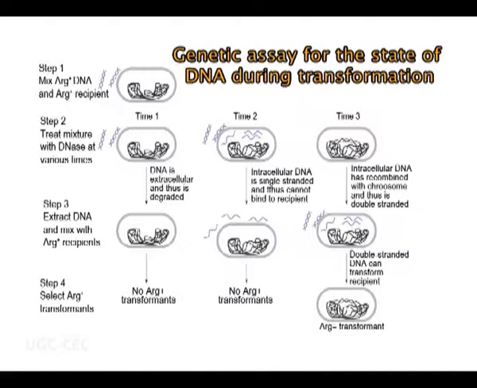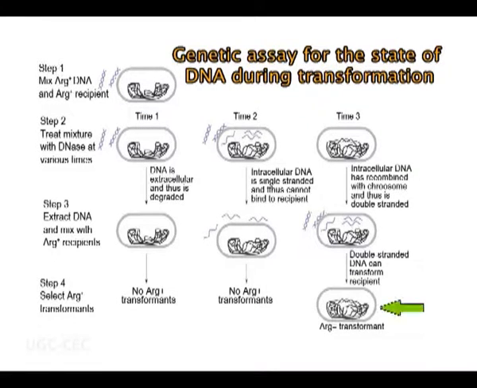It means that for the initial entry of the DNA, 1 minute is insufficient. Then when they isolated the similar experiment at time point 2, they found colonies on the plate which is devoid of arginine. That indicated that the bacterial cell had received the DNA. But at this point, when they isolated the DNA and tried to retransform the arginine minus cells, they found no transformants. So from here they could infer that the DNA got entry inside the bacterial cell, but it is still